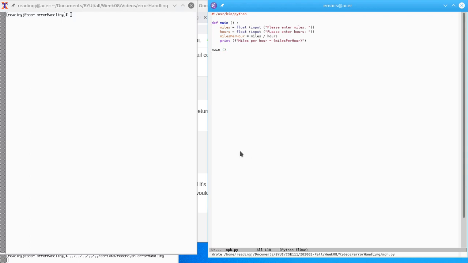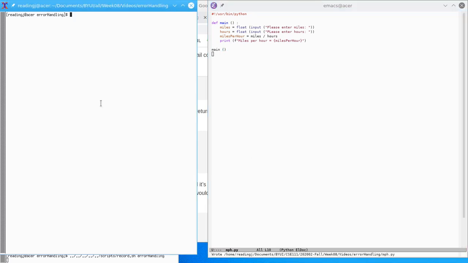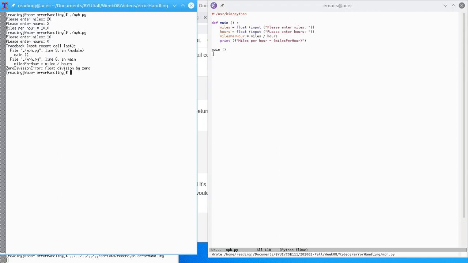So that's a very simple little program. So we do, please enter miles. Let's say I went 20 miles in 2 hours and it's 10 miles per hour. Very good. Simple, easy, to the point. But what happens if I enter 10 miles in 0 hours? Well, now I get this really ugly mess, which obviously, because I'm a Python expert, or at least I've spent